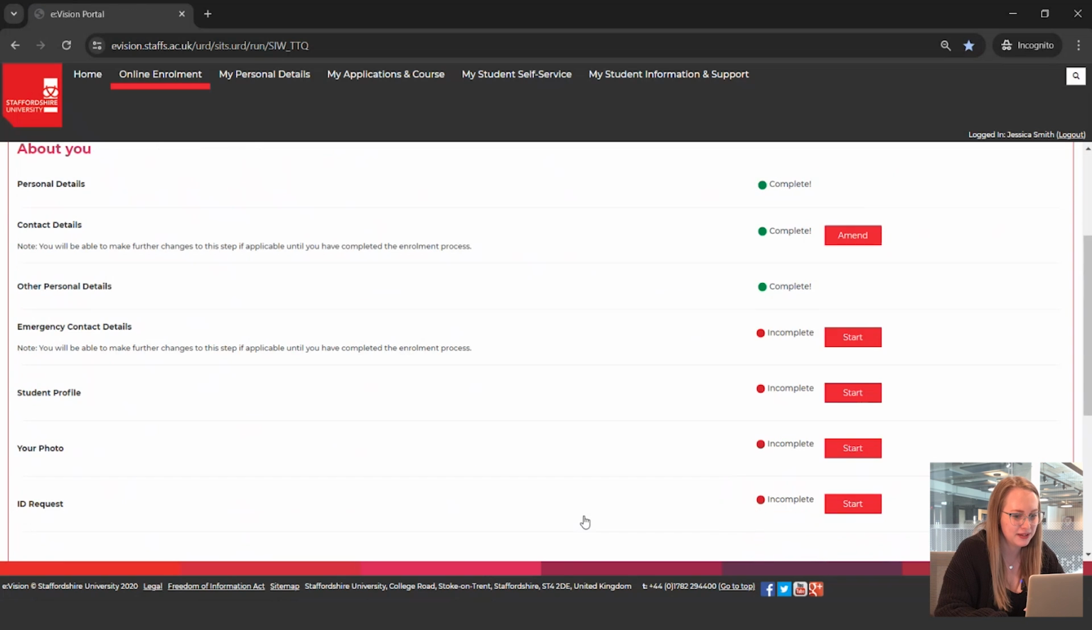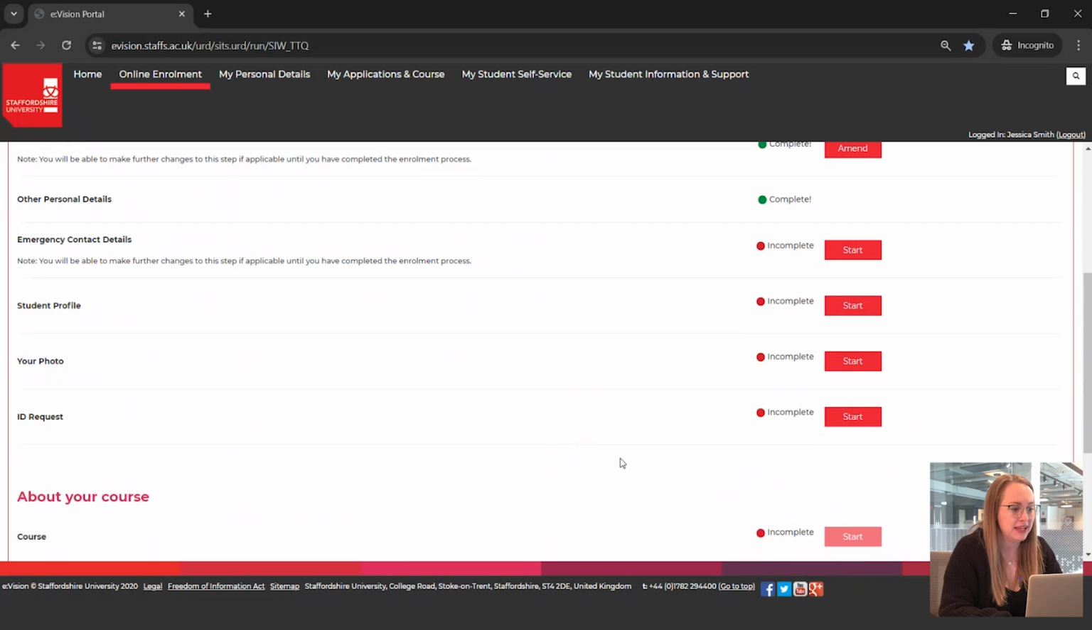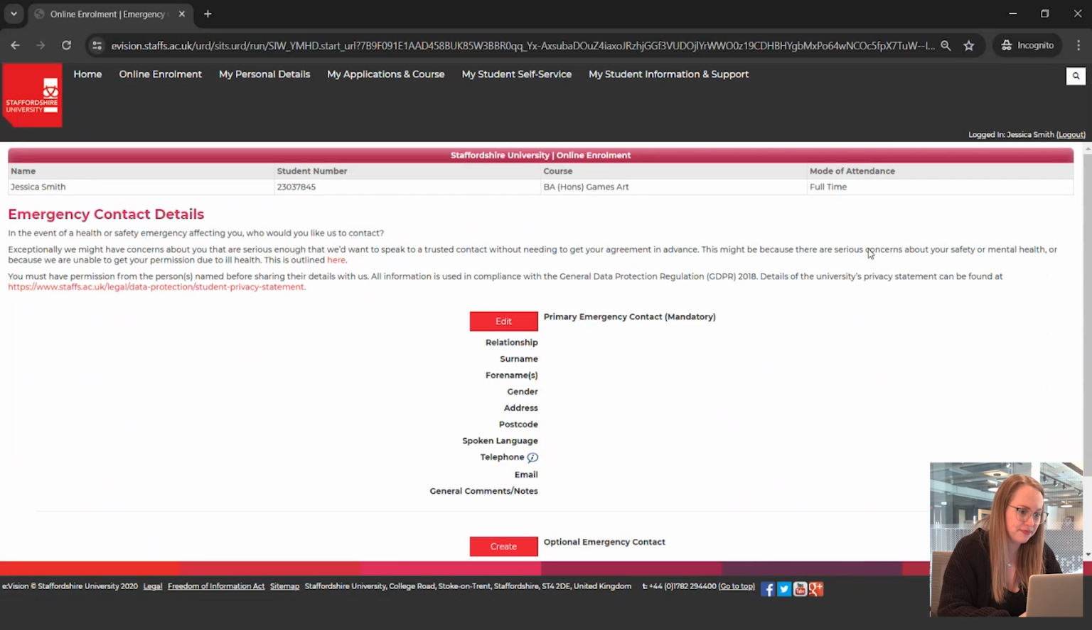And that's that stage completed. So our next stage to complete is the emergency contact details. So again, we're going to click the red start button. So these contact details are requested in case there's a health or safety emergency that affects us, or that in